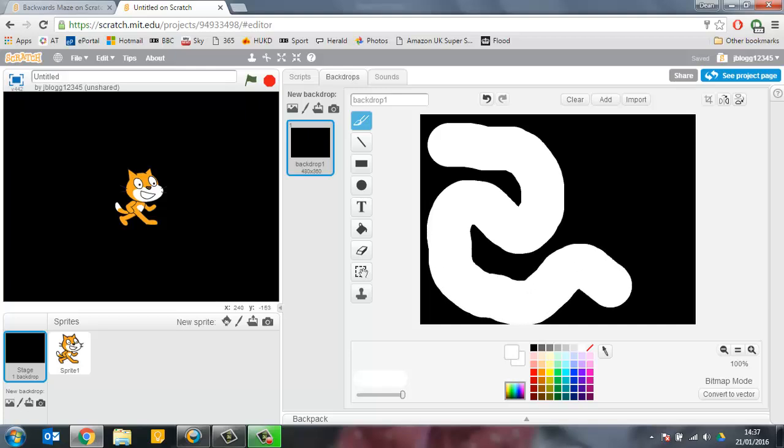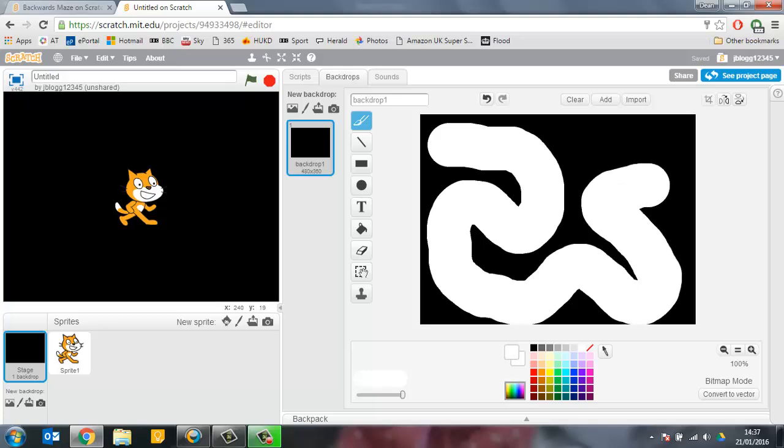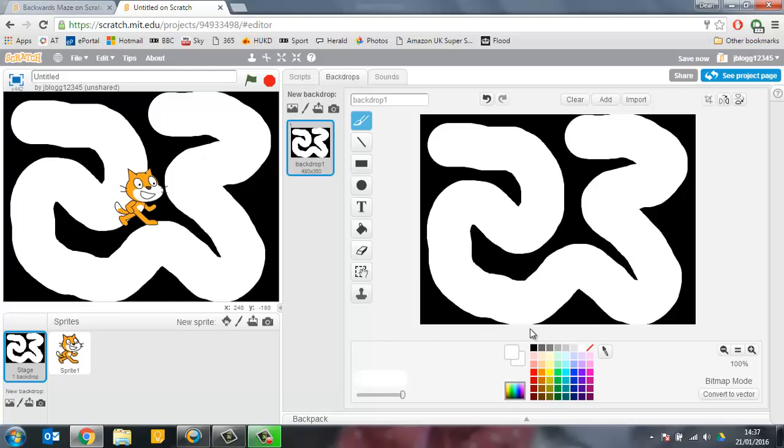You can make it thinner and have a smaller character, or you can use the thick brush like I have here. Okay, so once you've done that, using the shrink tool, we can shrink down our cat, which is what we're going to be moving around the maze. You can change it to any character that you like. Move it to a suitable size that you think is going to make it fairly challenging. You might want to add some extra